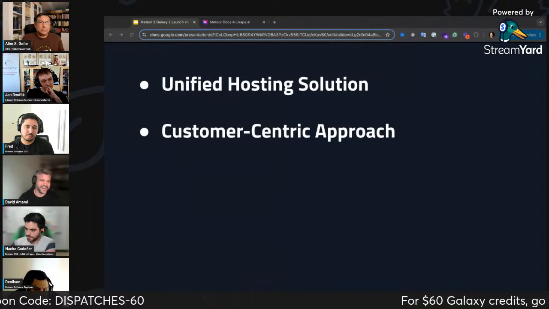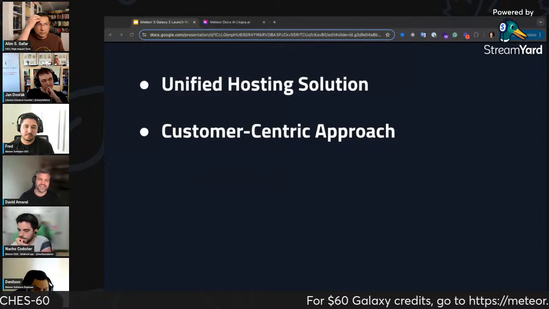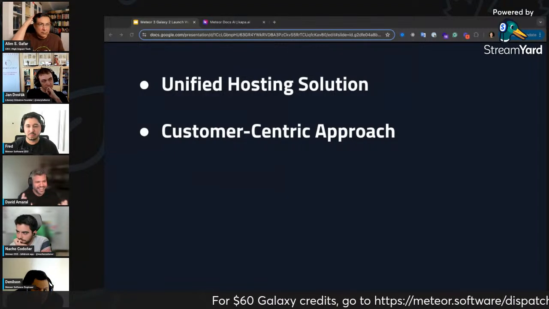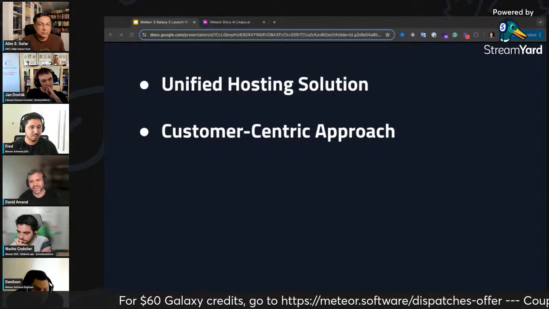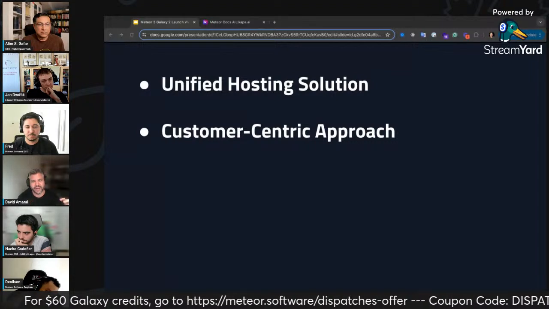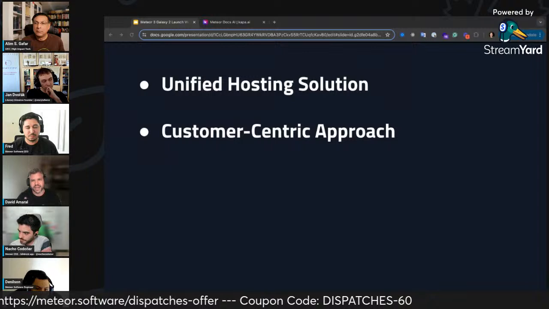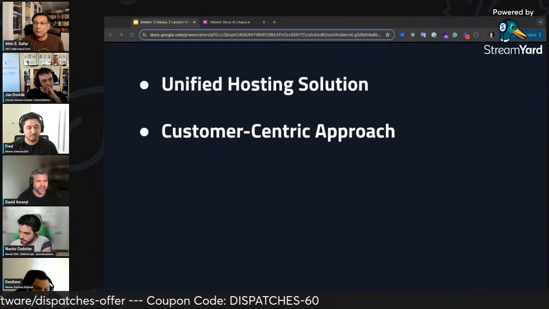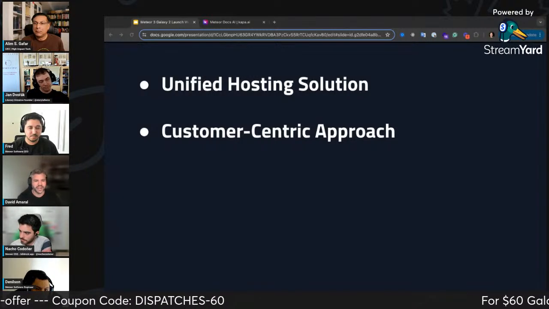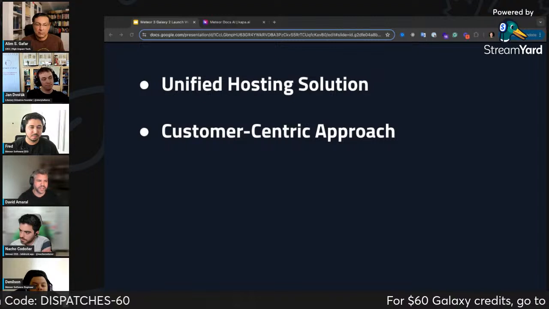Second one, we have the customer-centric approach, which means we respect our clients, and we know that depending on the needs of each application, we are not forcing upgrades for MongoDB. We're going to have a schedule and a really good conversation between our team and the clients for this upgrading process.